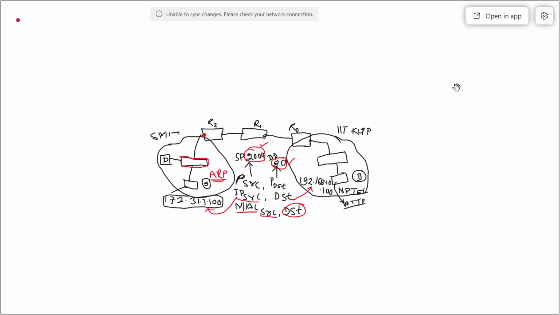So I think you may have developed a little bit of understanding. Now one may ask, sir, what is the solution then? Okay, so please listen carefully. The solution is that there is a concept of default gateway. When you configured your computer, you may have seen that there is a concept of default gateway.